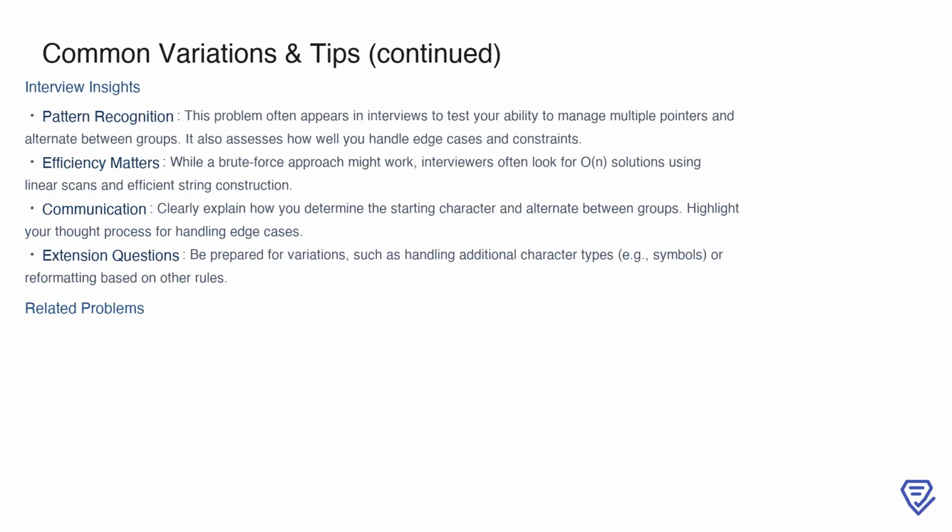This problem is a favorite in interviews because it tests several important skills. First, it highlights your ability to manage multiple pointers and alternate between different groups of characters. It also assesses how well you handle edge cases and constraints, which are critical for writing reliable code. Efficiency is another key aspect here. While a brute force approach might technically work, interviewers are often looking for O(n) solutions that rely on linear scans